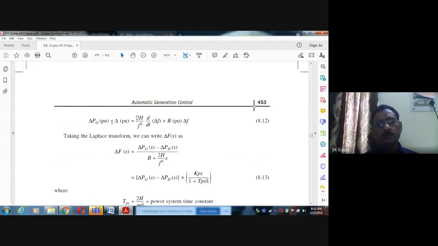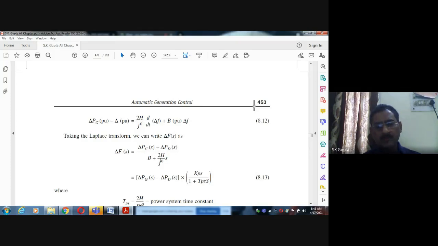Now here again you see it is a differentiation term, just to solve it, a differentiation term, we have to take the Laplace of this। If you take the Laplace of del PG, del PD, okay, then B plus 2H by F d by dt, Laplace of this is S, del F(s) taken out from both the sides, it will be del F(s), and this equation will come: del PG(s) minus del PD(s) equals (2H by F times S plus B) del F(s) on this side, okay। So this is the Laplace equation which describes the change in frequency of the system in terms of Laplace। del F(s) means Laplace inverse of this will be del F(t), frequency in time domain, it is the frequency in the Laplace domain, Laplace form।